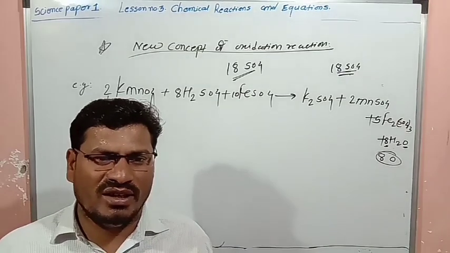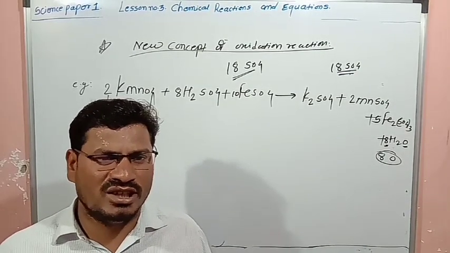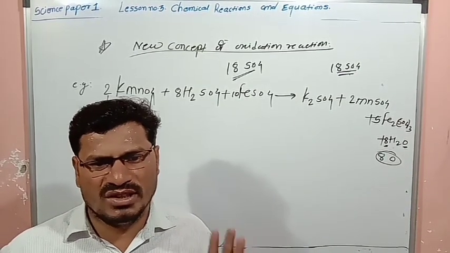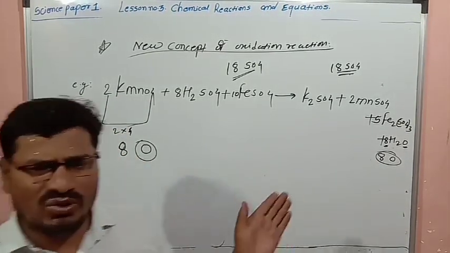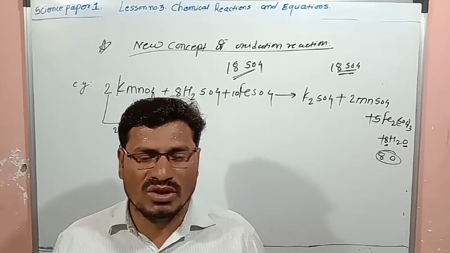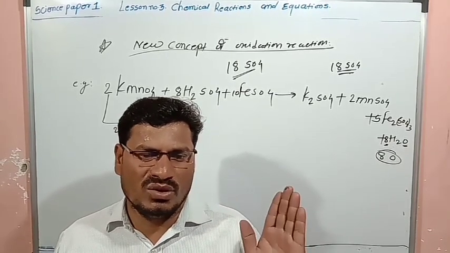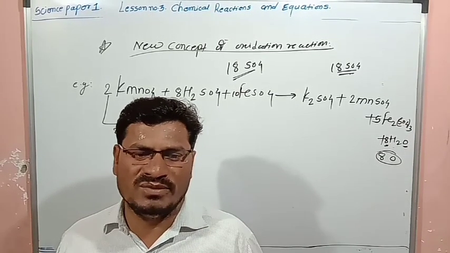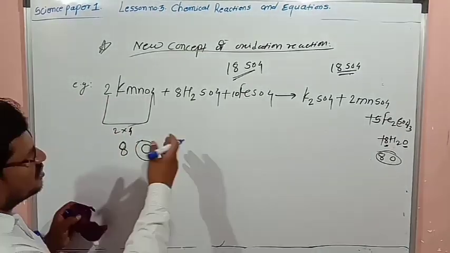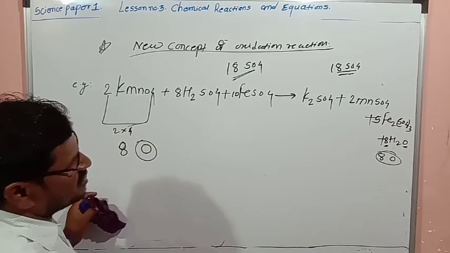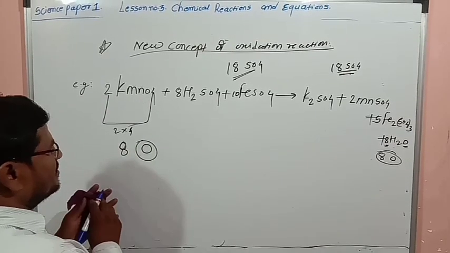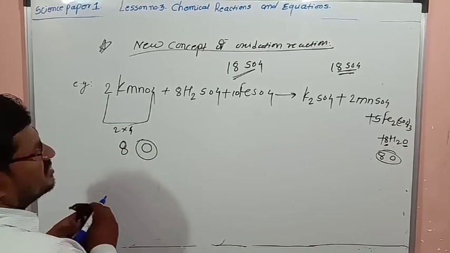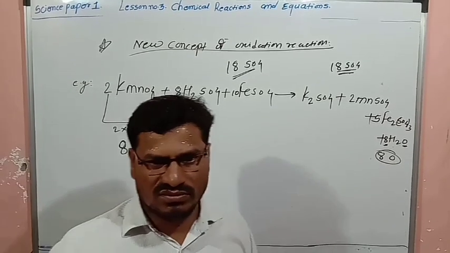So in this chemical reaction, if you observe it carefully, you are observing one change. Here one question is there. Here one question is asked in the textbook. Which question is asked? Which compound is oxidized by KMnO4? So in this, which compound is oxidized by KMnO4? And the answer is: FeSO4 is oxidized by KMnO4. That is the answer.